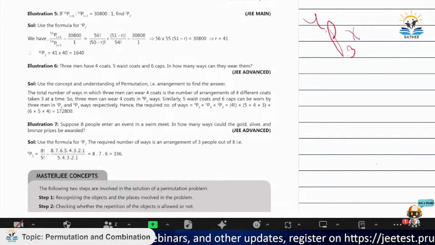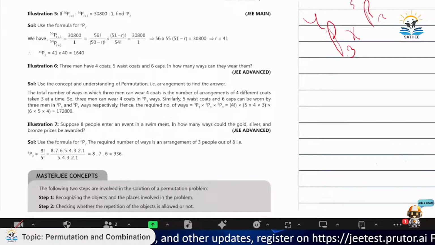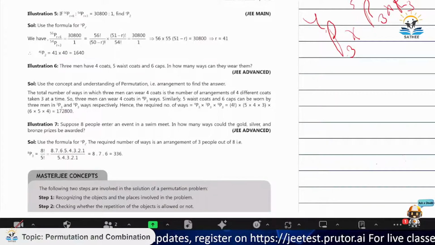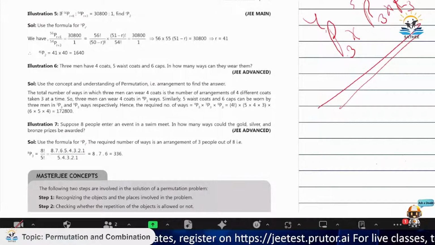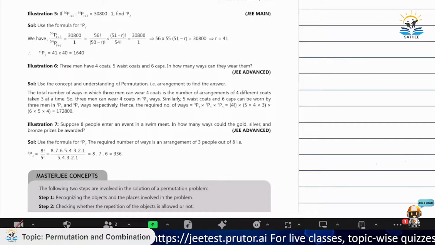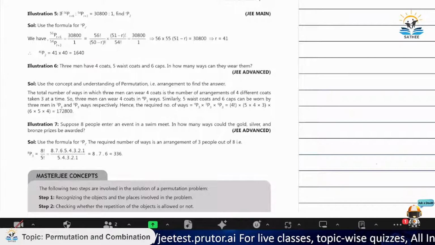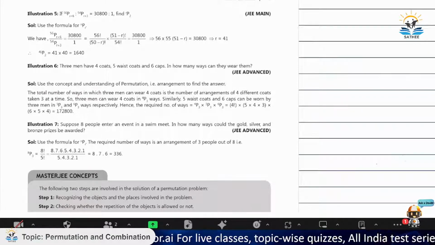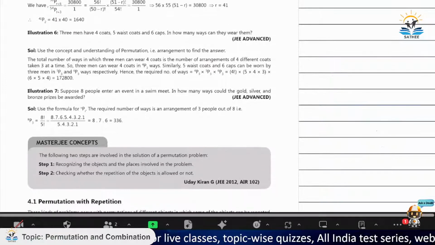So we have to select as a permutation. So we write 4P3 into 5P3 into 6P3. As simple as that. Here, why have we taken P and not C? Some people might have said, yeah, in the three they will be the same, but no. Their position and their order would change, right? The code and the pattern would change for each of them. So it is not C.